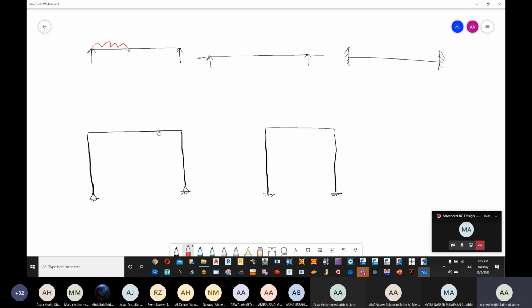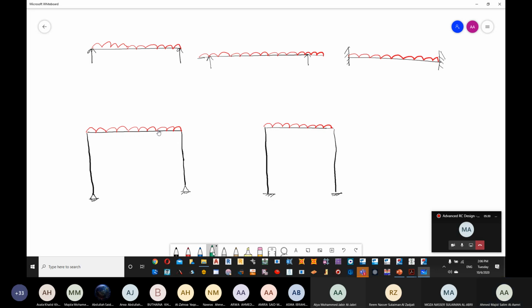So I'm assuming that there is a UDL here. There is a UDL. There's a UDL. And then for the frame, there is a UDL here. Okay, and we try to draw the bending moment diagram, but before drawing the bending moment diagram, we said we